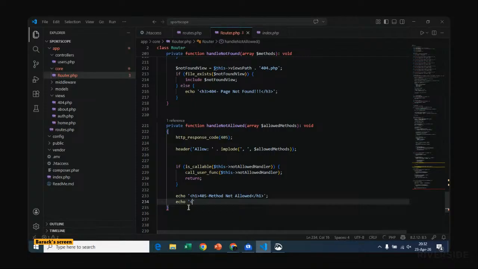Then we also echo a paragraph just right under this. If you recall very well your HTML, and in this paragraph we shall say allowed methods are. Let us try to separate this. We are going to do this, then right here in between we shall say,